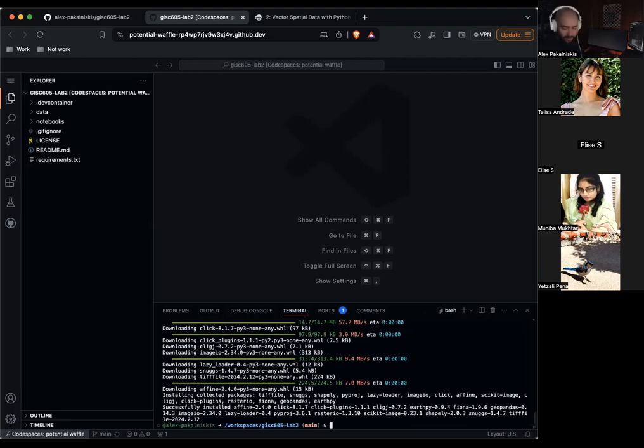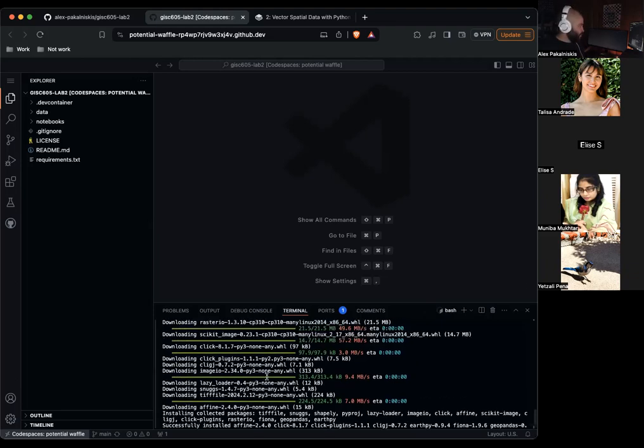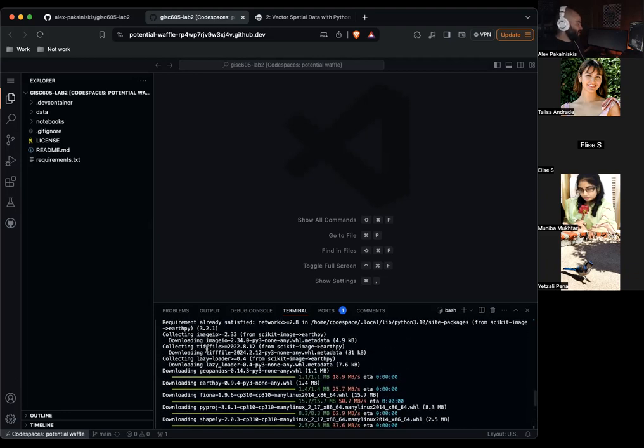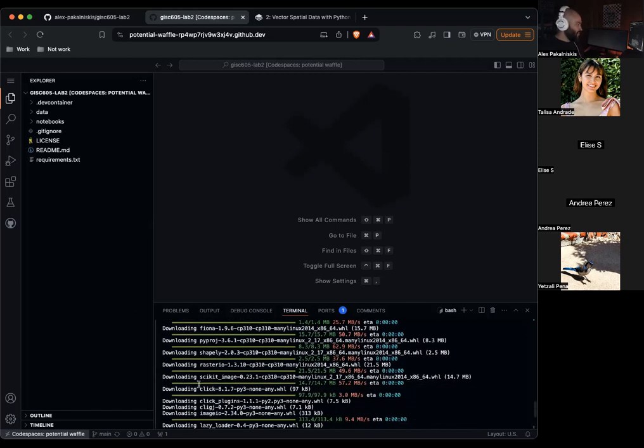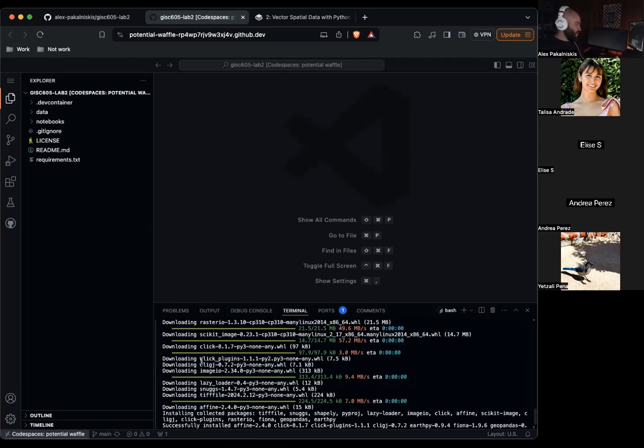And you can see that as we're installing GeoPandas, pip knows to install any other relevant dependencies, like Fiona or PyProj or Shapely. And then likewise, when we're installing EarthPy, pip knows to install rasterio, scikit-image, and other relevant dependencies. And so that's super nice.